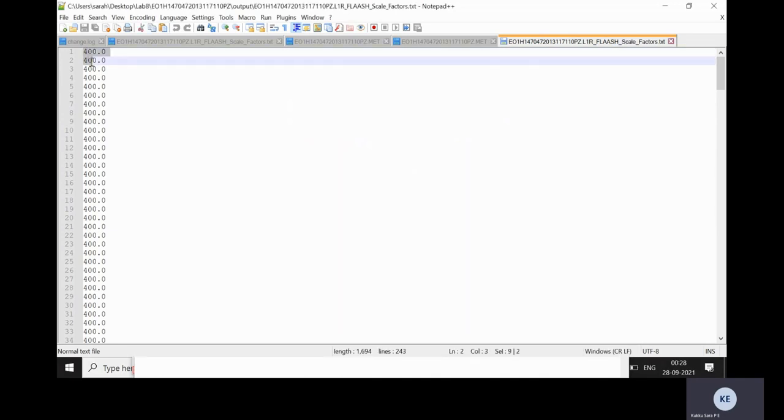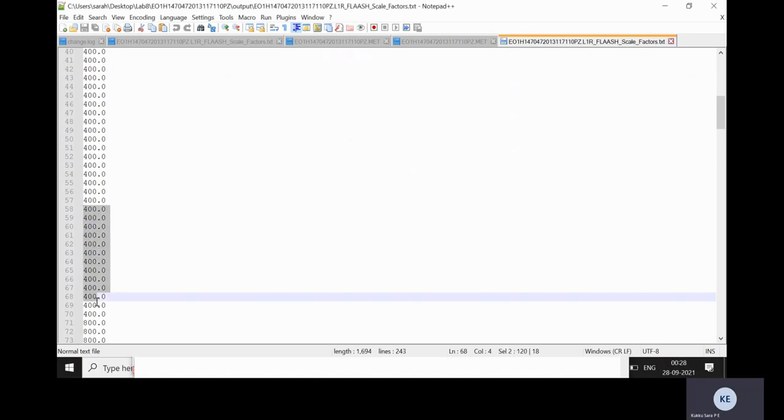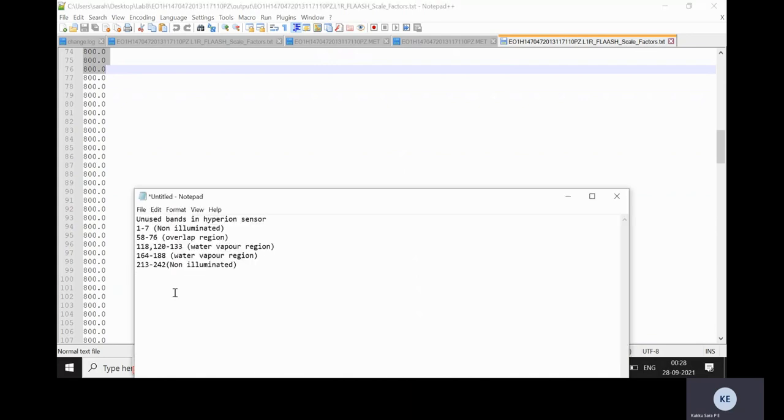For that, select band 1 to 7, we don't need the data, then 58 to 76. Then 118, then 120 to 133.